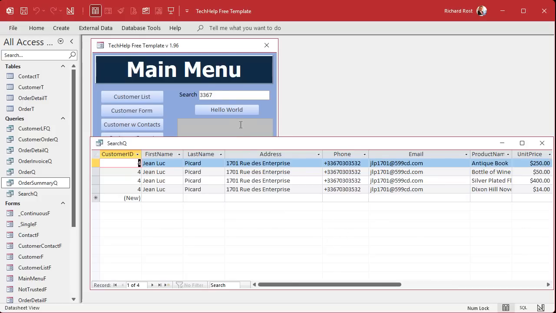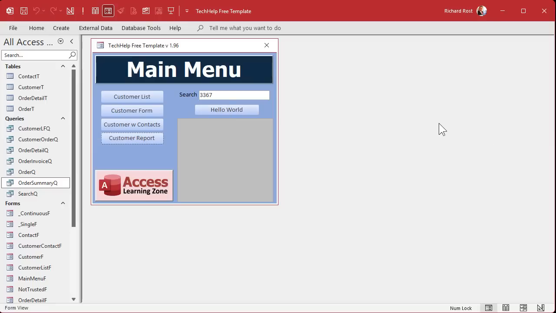Now, the last step is we just have to make a button that opens up this query. I'm going to show you how to do it 2 ways. I'm going to show you how to do it with the wizard, and then I'm going to show you,